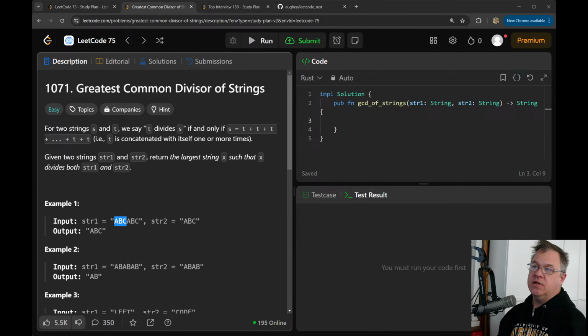Let's call ranges. It's going to be from 1 to stir1.length. These are all of the ranges of strings.